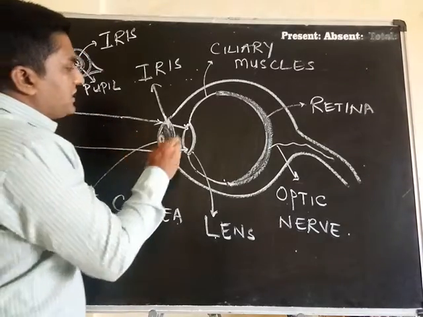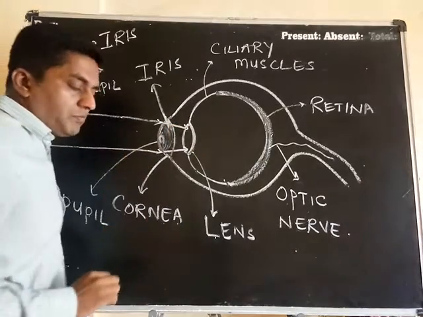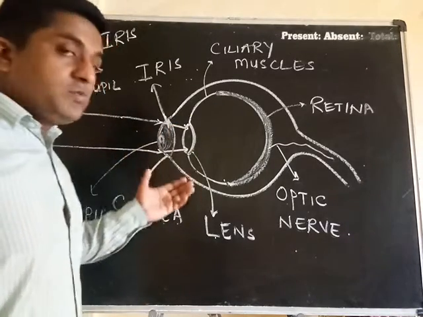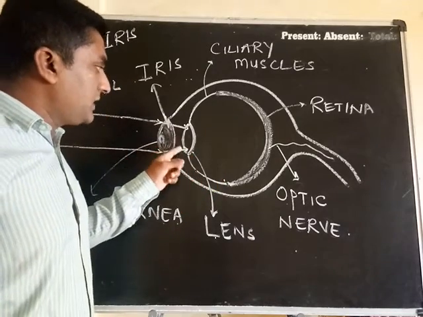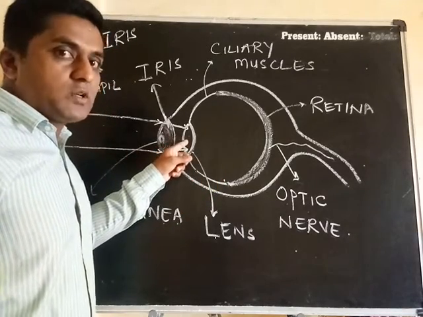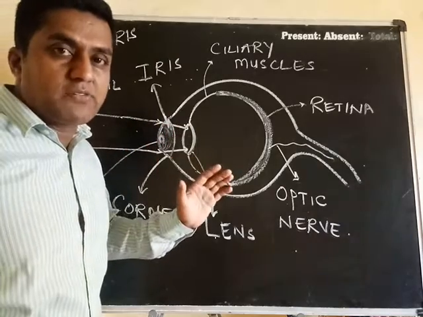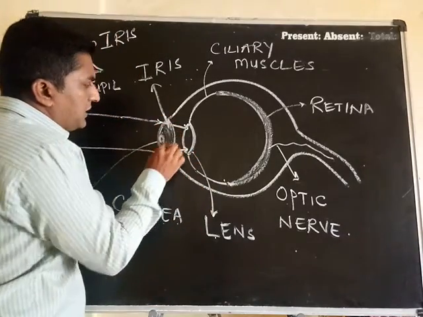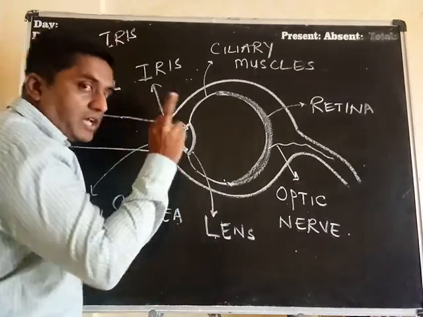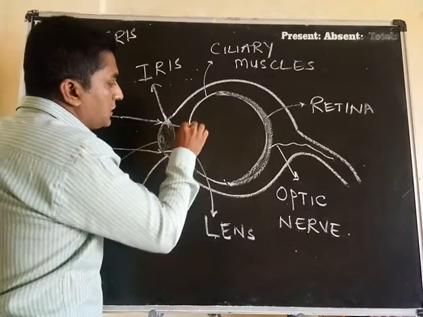Okay, so after this working, what happens? The ray of light comes towards your biconvex lens. As we have seen in the earlier concept, what is the role of the biconvex lens? When the ray of light enters the convex lens, it comes into a denser medium, and from there it refracts again, it converges again. So first convergence is done at the cornea, and the second but much smaller convergence is done by your lens.